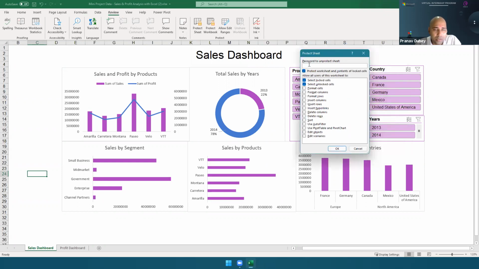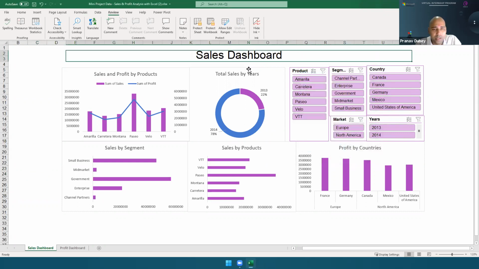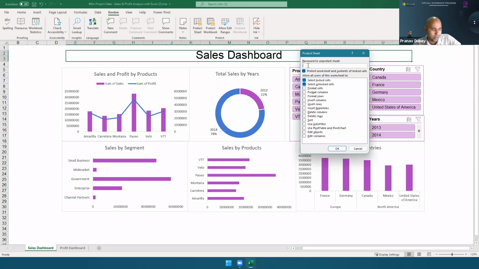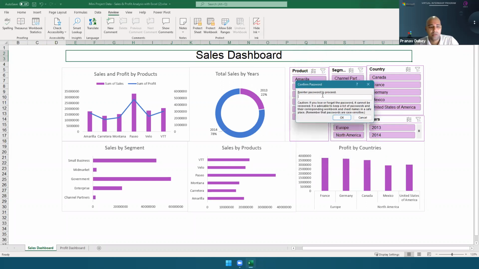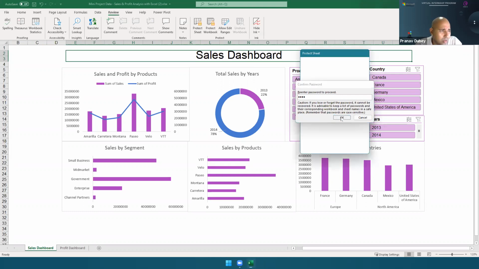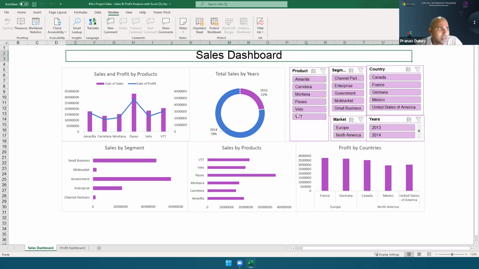Now you need a password. Why are we doing this? By mistake, somebody can come and delete this. By mistake also can happen. So we don't want that to happen. So we'll go to review, protect sheet, and suppose I give a password 1234. 1234 and click OK. Then re-enter the password 1234. Suppose I am giving, for example, and then OK. And now this is protected.